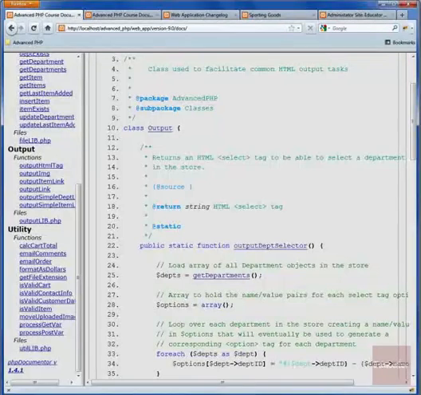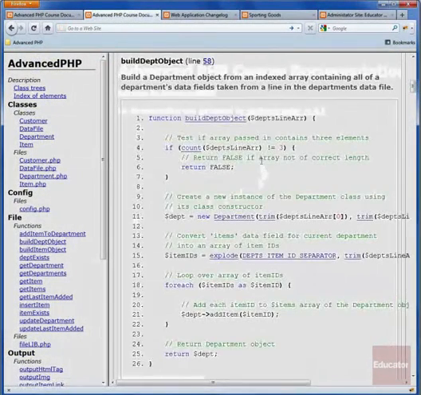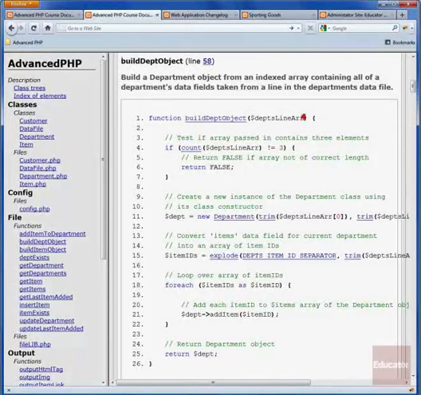So for example, close this. In our previous version of the web application, we had in our file library build department object that would basically take an array of information extracted from a line in departments.txt. It would create a new department object,